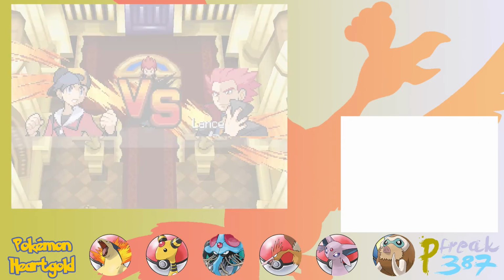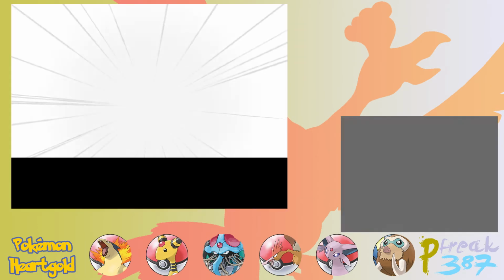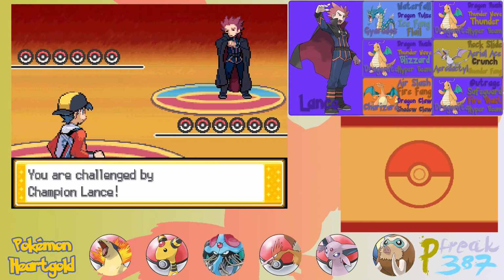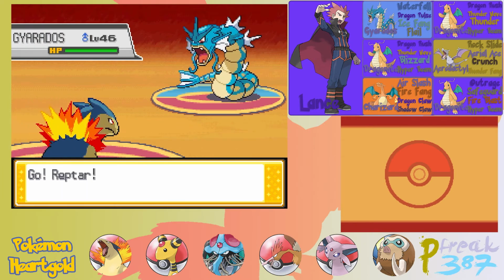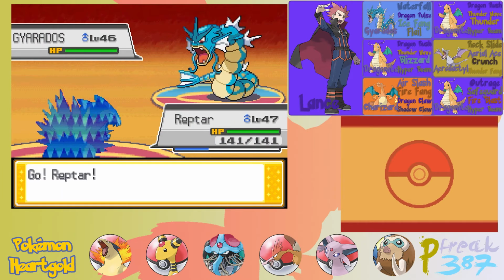Now, why the hell do we have two dragon trainers or whatever? And why did that not slow down? Okay, weird flex, but weird. Okay. Anyways, he starts out with a Gyarados. I have Reptar here, which is a bad choice, but I did it for...